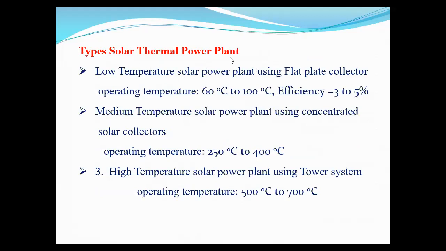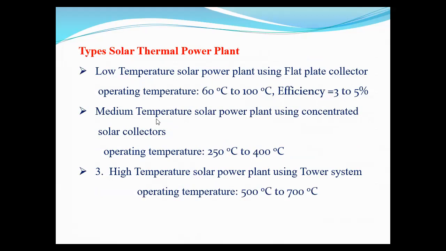Types of solar thermal power plant. We have three types based on temperature. Low temperature solar thermal power plant using flat plate collector. Operating temperature is 60 degrees Celsius to 100 degrees Celsius, and efficiency is low because of low temperature, 3 to